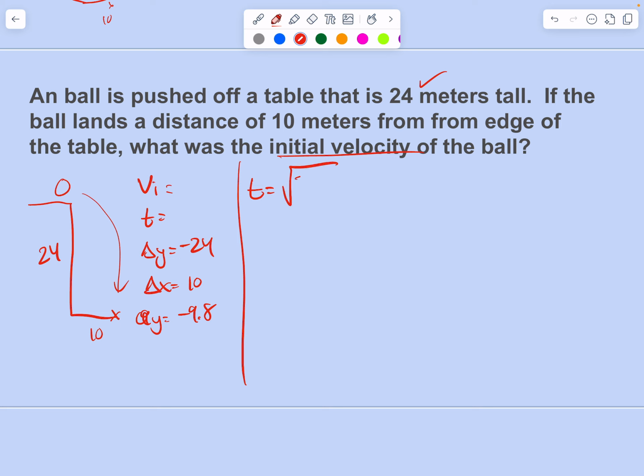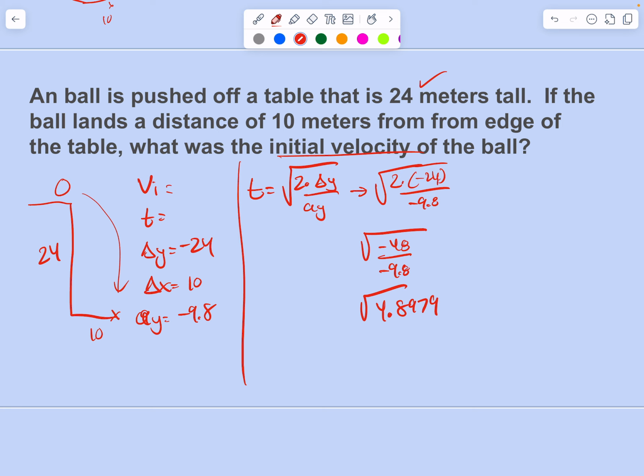Time is going to be the square root of 2 times the change in y divided by a sub y, or in this case here, square root of 2 times negative 24 divided by negative 9.8. So this becomes a square root of negative 48 divided by negative 9.8. And 48 divided by 9.8 is going to be equal to the square root of 4.8979. And then I will take the square root of 4.8979 and end up with 2.213 for my time element. So time is